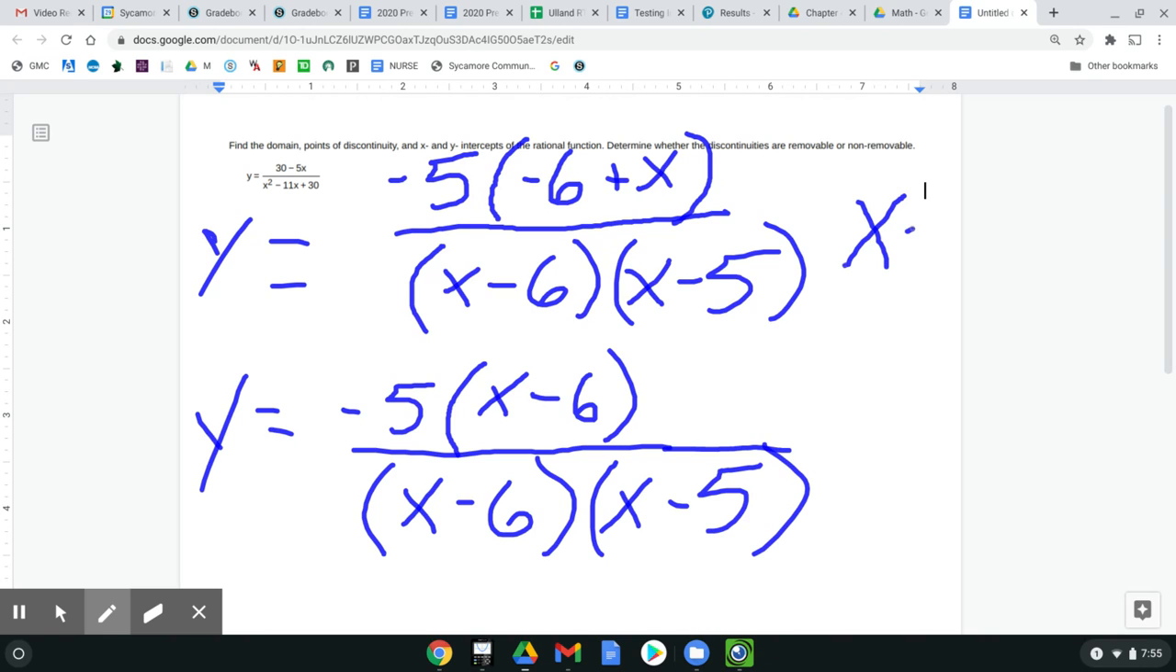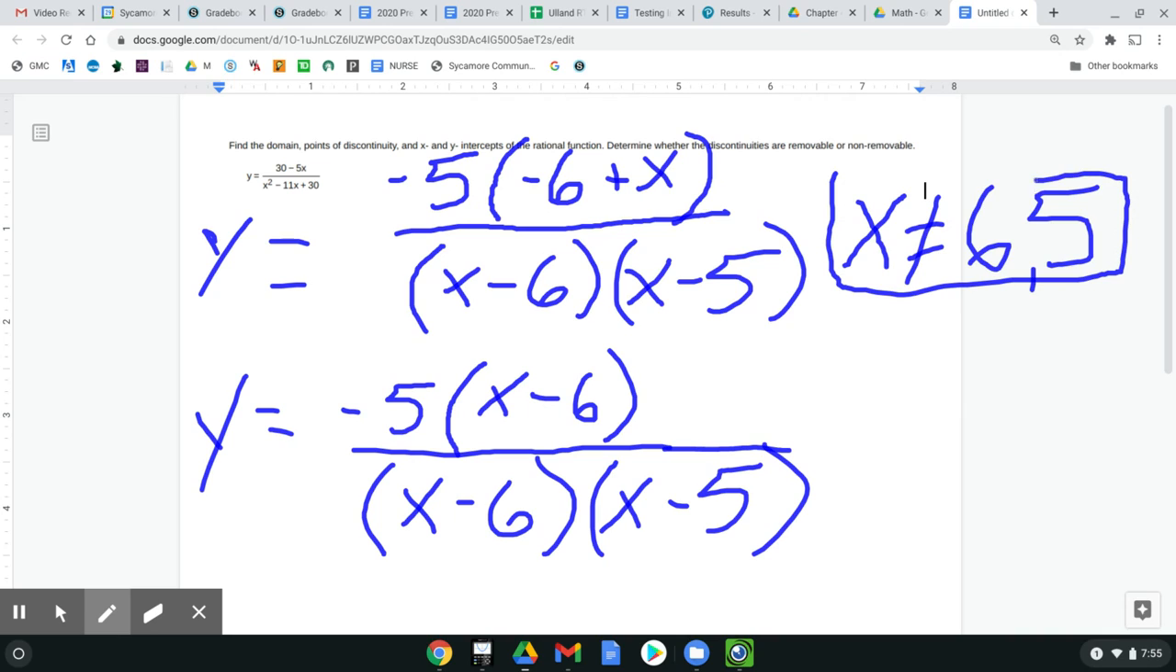So x is going to be all reals except for 6 and 5. X is not allowed to be 6, not allowed to be 5. So that is your domain. This right here is your domain. That's all the values that we can have for x. So x is all of the reals except 6 and 5. Okay? The x and the y intercepts, I always think it's easiest to maybe use our graphing calculator to find